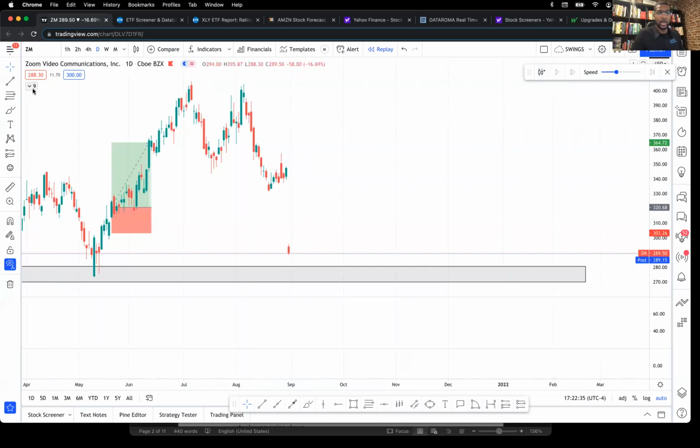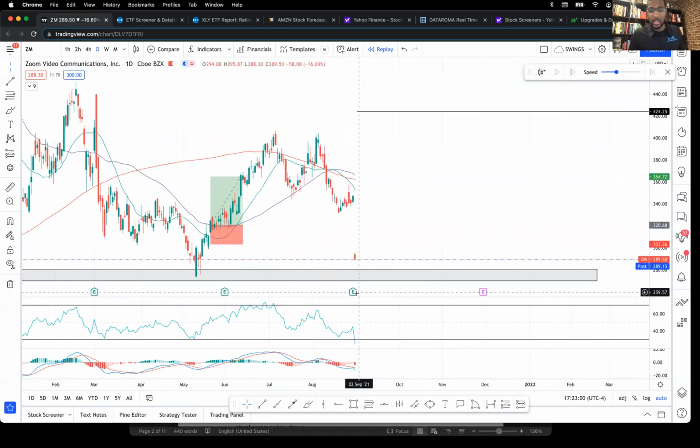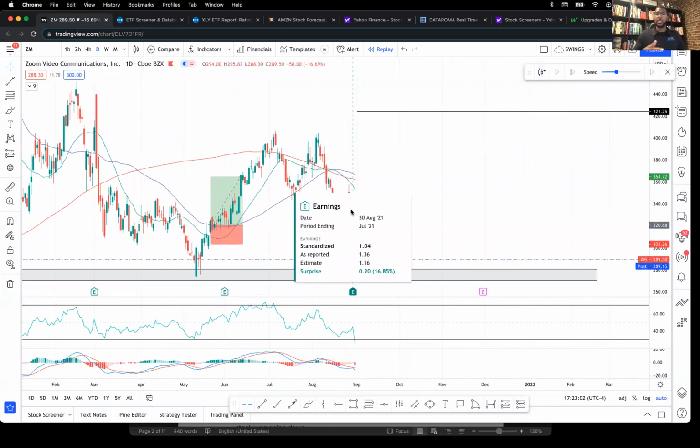And obviously we have, as always, the moving averages letting us know that we're in a bearish trend. The price has crossed over all of the moving averages, the 200, the 50, and the 20, right? So you for sure know. And then it looks like the 50 moving average is trying to work its way back below the 200 moving average as well, right? So then you have a catalyst with the earnings call,